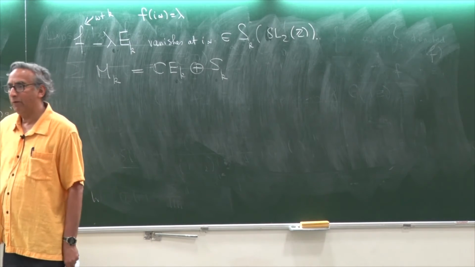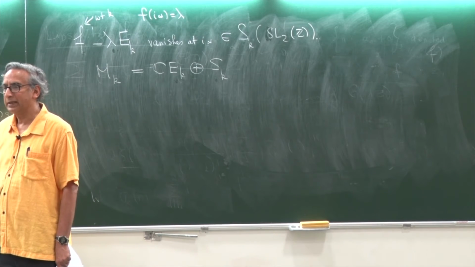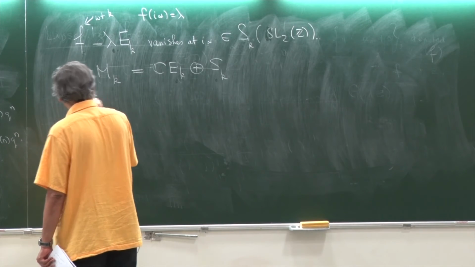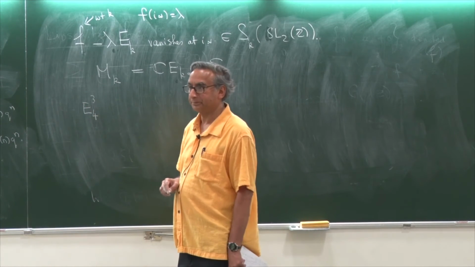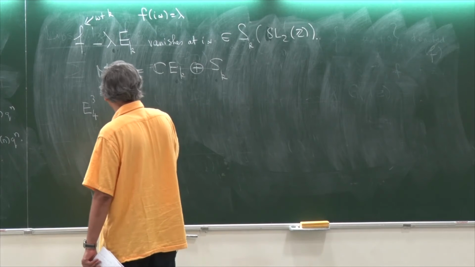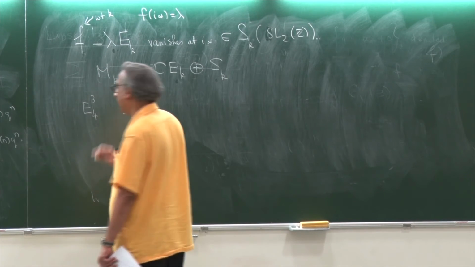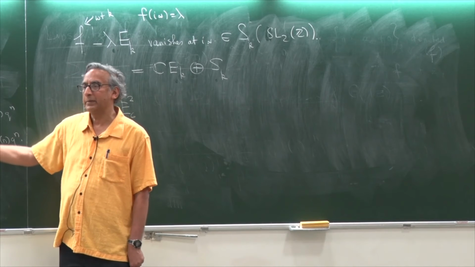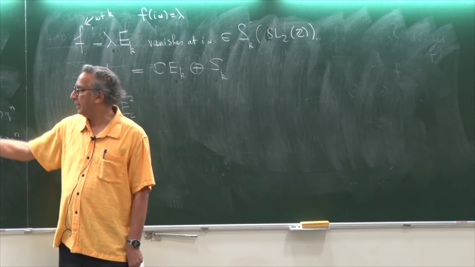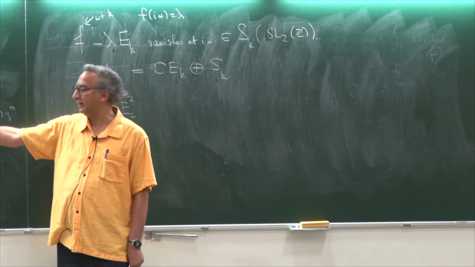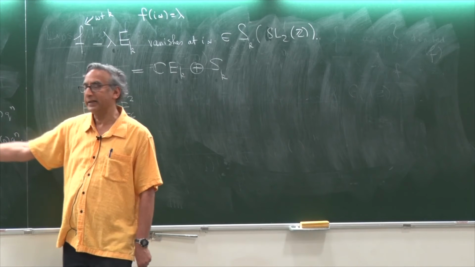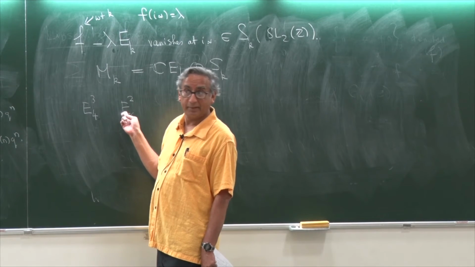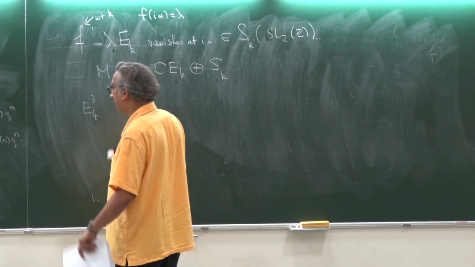Notice that E sub 4 is weight 4, E sub 6 is weight 6, so E sub 4 cubed is weight 12. E sub 6 squared is also weight 12. Since I have explicit Fourier expansions here, and I know the value at infinity is 1 here, and the value here is 1 at infinity, therefore this difference at infinity is 0. Okay? And so the question is,